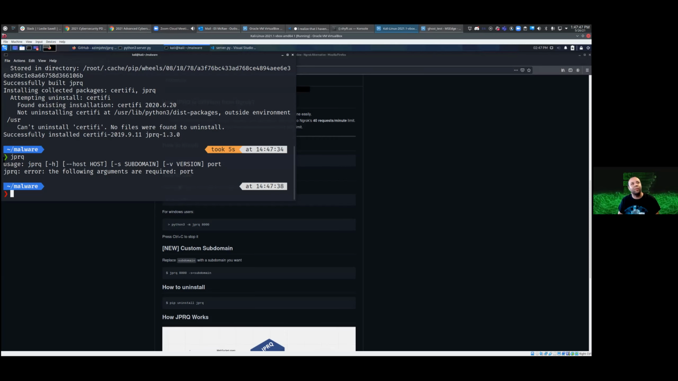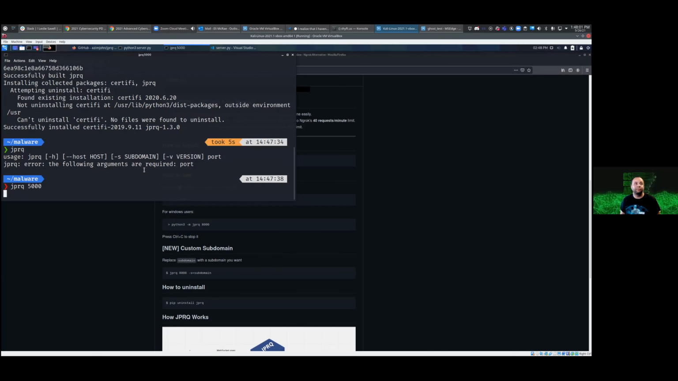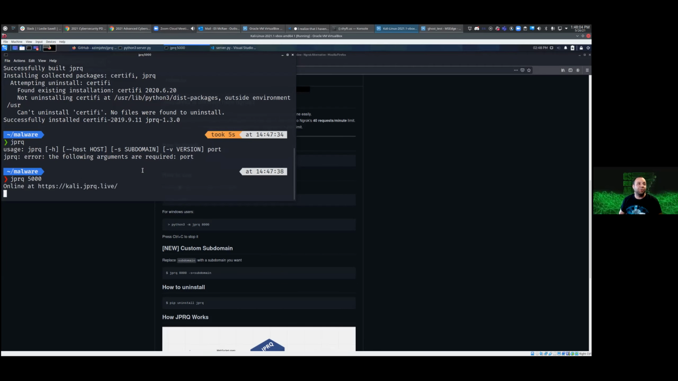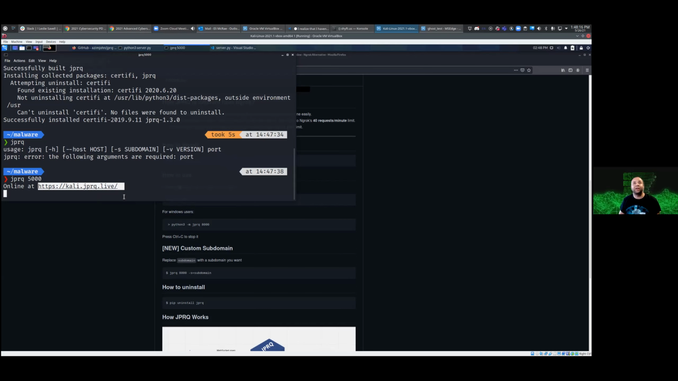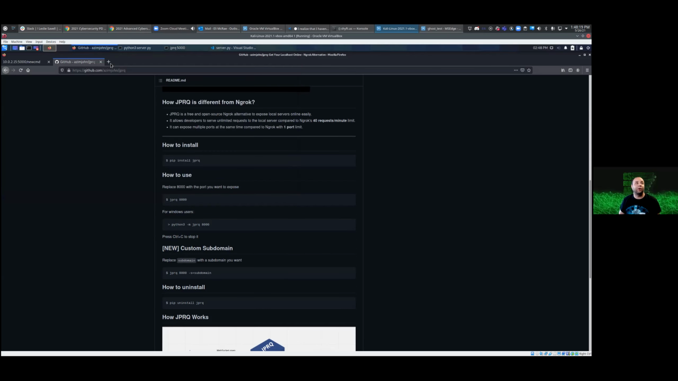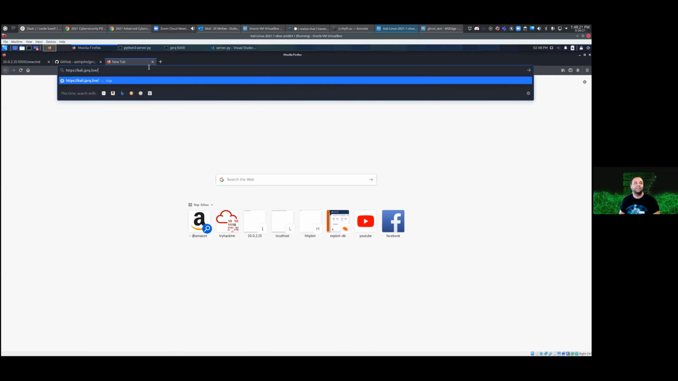So it's saying we run jprq. We can specify a subdomain. Before we do the subdomain part, I'm going to show you how it just kind of works by default. jprq 5123. All right. As I hit that, it's going to create a URL that is HTTPS encrypted, kali.jprq.live. If I copy link address, and I open up my web browser and I paste that,